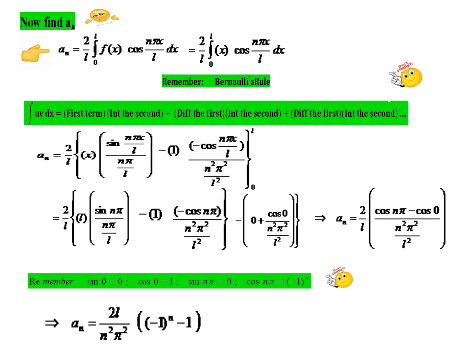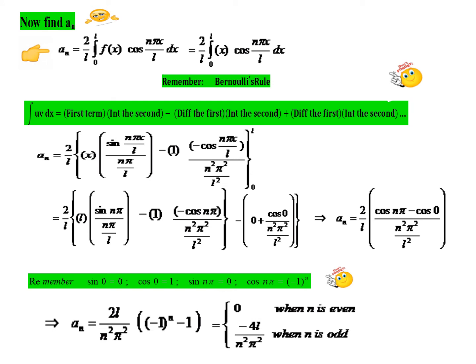And do you remember, whenever we have a term of this sort, that is 1 and minus 1 power n coming together, it will become 0 either for odd integers or for even integers. So for which integer this term is becoming 0, can you observe? When we substitute even terms, minus 1 square, minus 1 power 4, everything is becoming plus 1. So 1 minus 1 will become 0. So an value will be 0 whenever n is even.